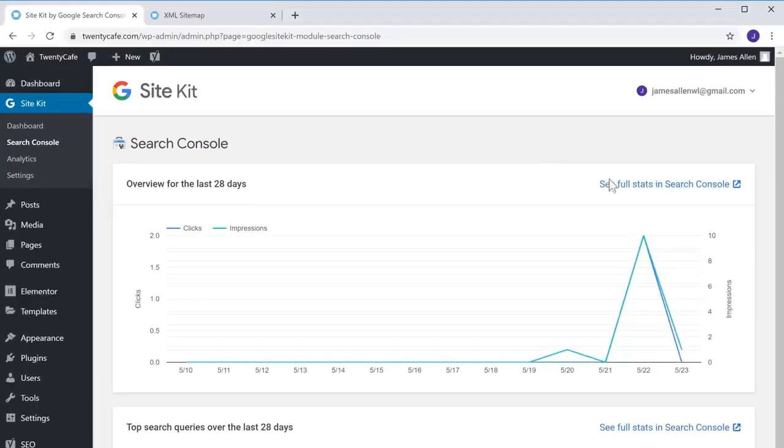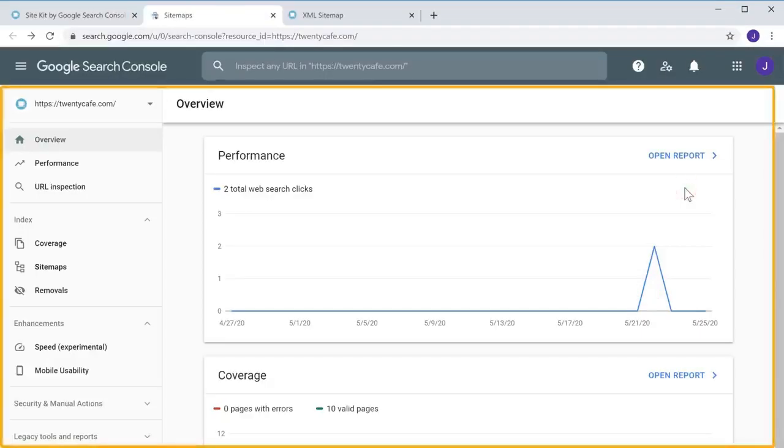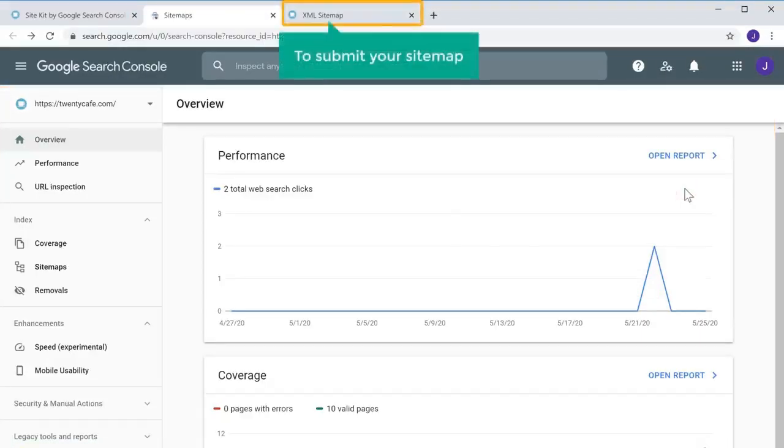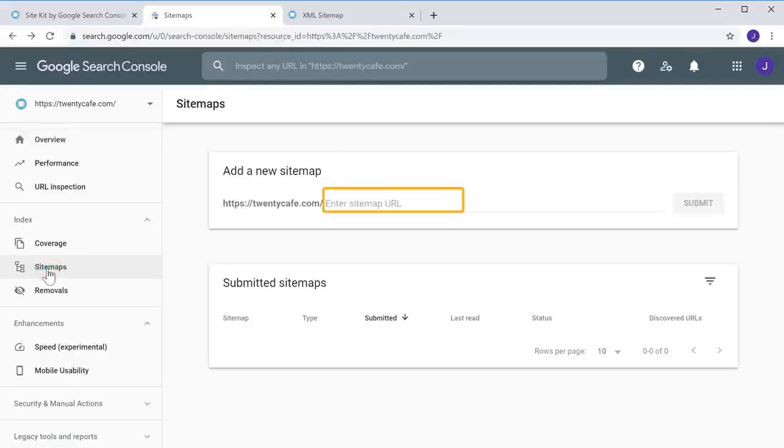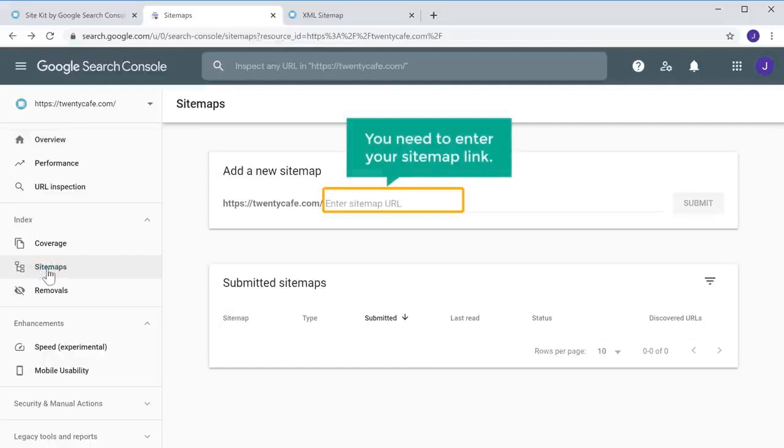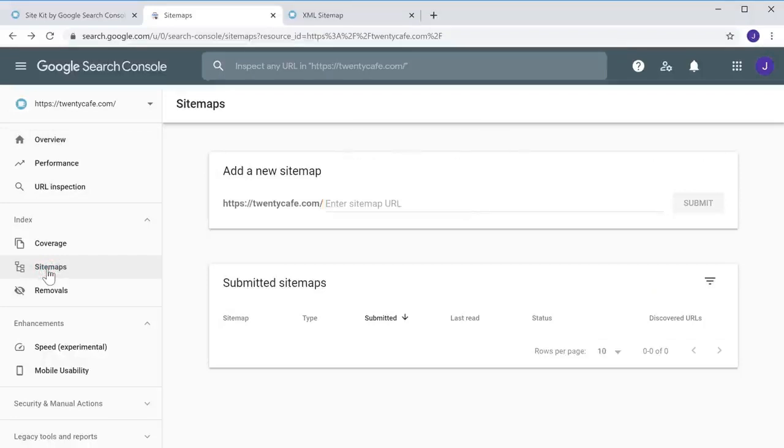To open the Search Console, click here. On the left side, just click Sitemaps. Here just paste the sitemap.